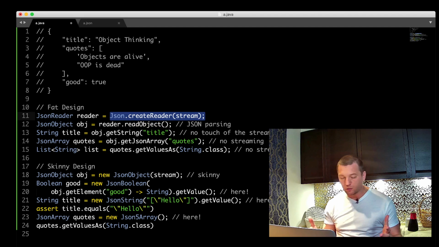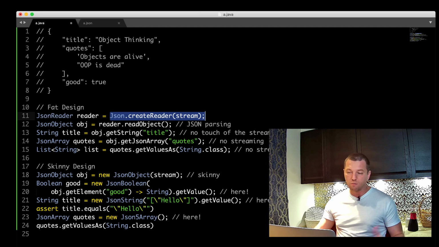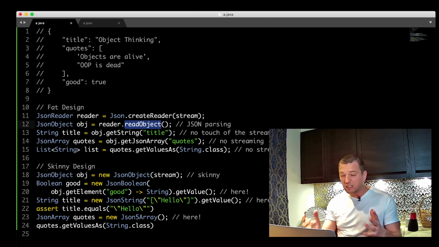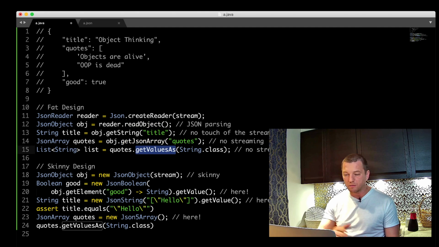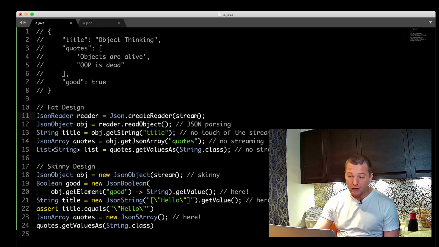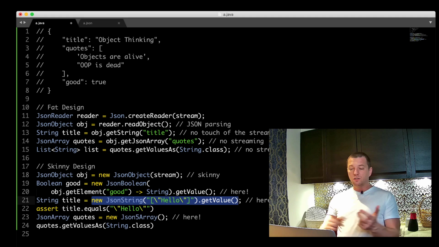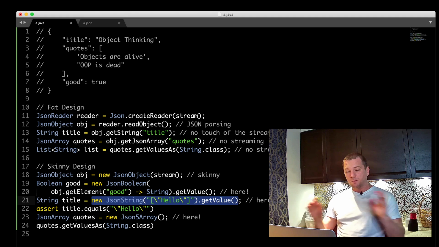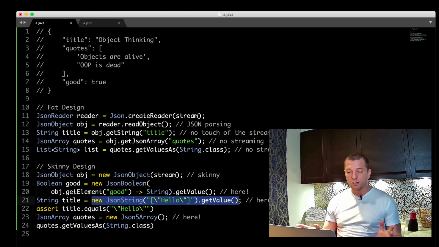Because of the cohesion problem we discussed earlier, the functionality is spread over multiple classes. One class is parsing, another method is retrieving, and then another one, probably the same, is iterating. So it's in multiple places. While here it's pretty standalone. Look, it's a JSON string, here's the string, get the value. No dependencies here. No reader, no stream, forget all that. It's pure unit testing. No integration testing, pure unit testing.